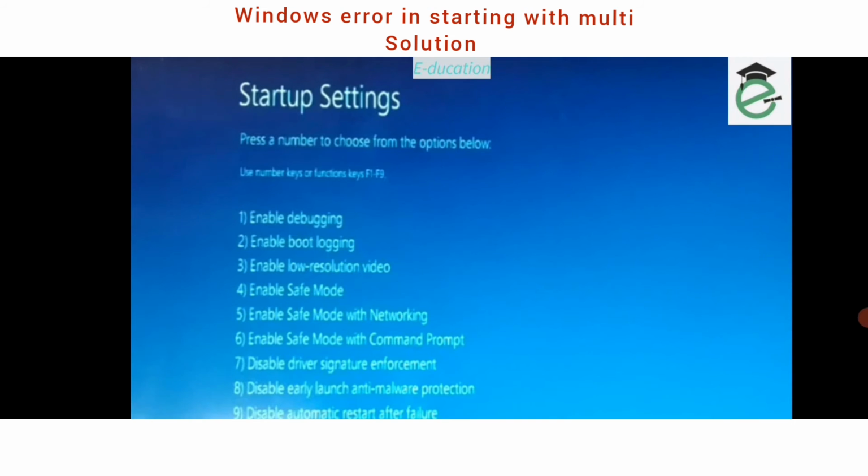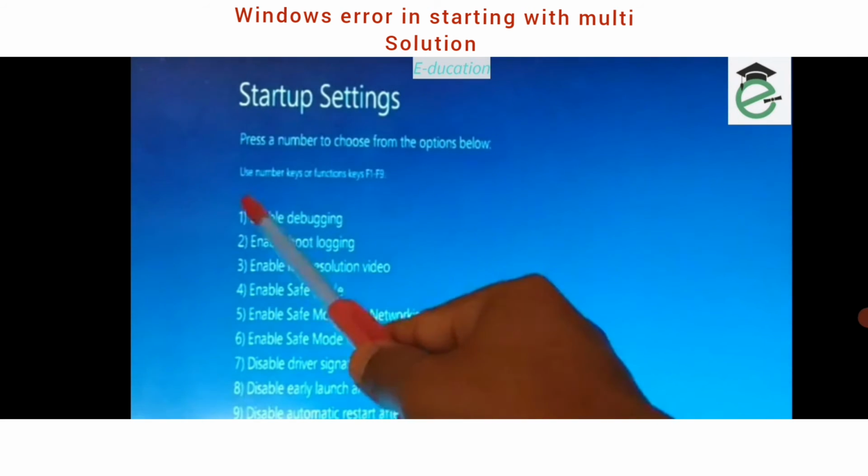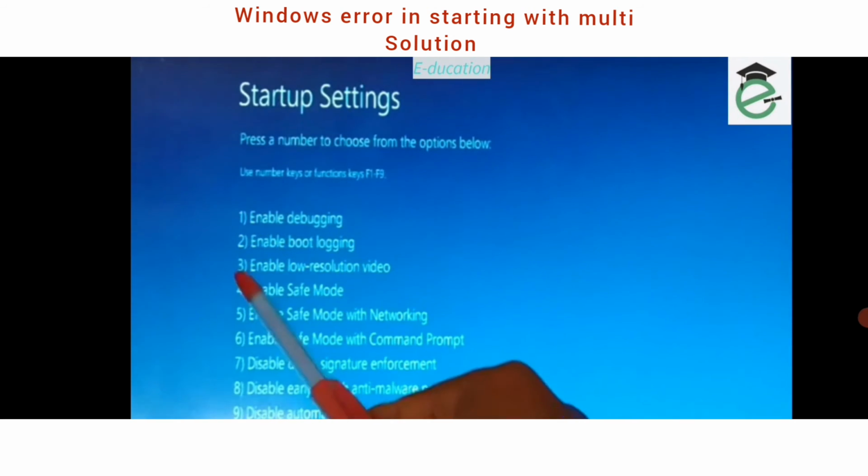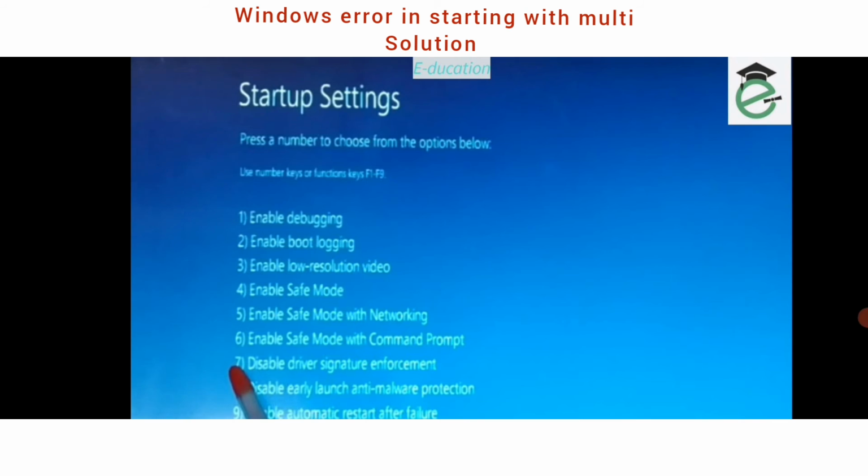For more options, you can press F10. So F1 for number one, for second number you can press F2 key. So right now here the 7th number you can see disable driver signature enforcement. So you're gonna press F7 key on your keyboard. Let me tell you once again, you're gonna press F7 function key. It's the F7 key on your keyboard for the 7th number to disable the driver signature enforcement,